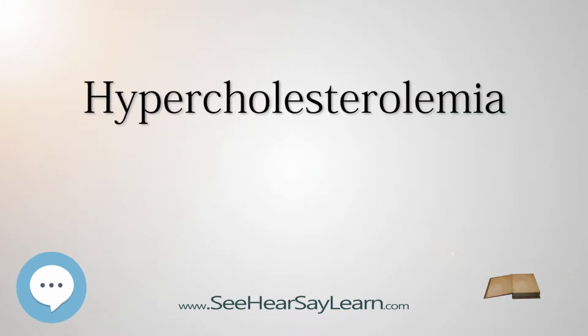Hypercholesterolemia, also called high cholesterol, is the presence of high levels of cholesterol in the blood. It is a form of high blood lipids and hyperlipoproteinemia, elevated levels of lipoproteins in the blood. Elevated levels of non-HDL cholesterol and LDL in the blood may be a consequence of diet, obesity, inherited genetic diseases, such as LDL receptor mutations in familial hypercholesterolemia, or the presence of other diseases such as diabetes and an underactive